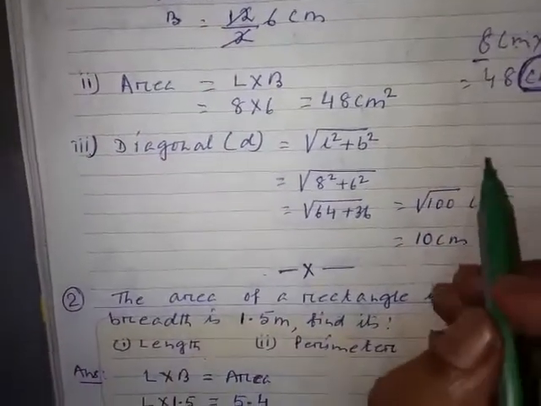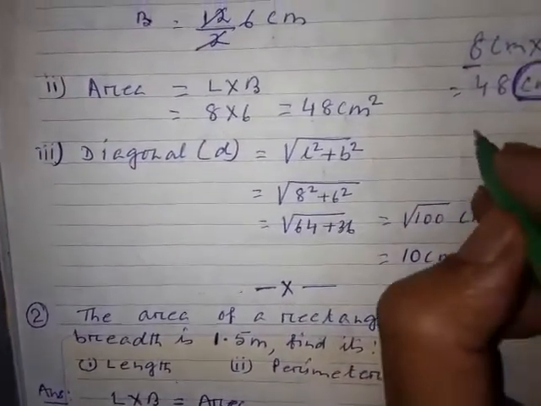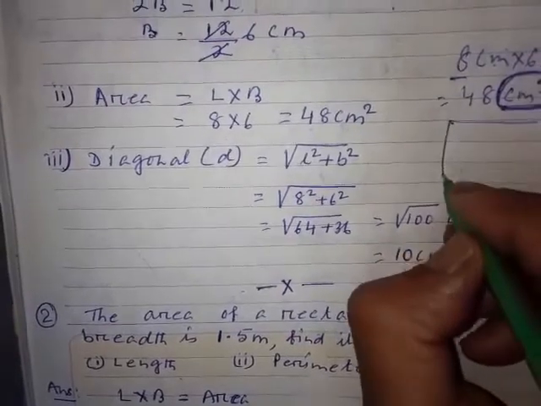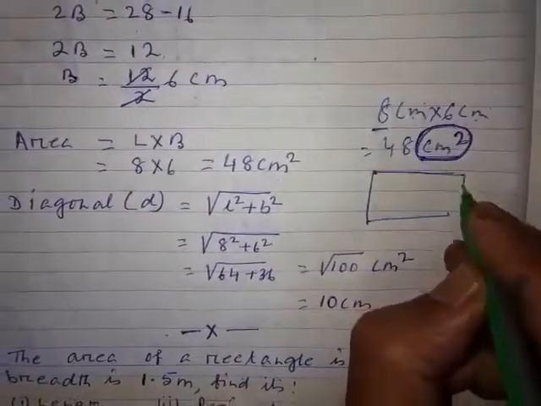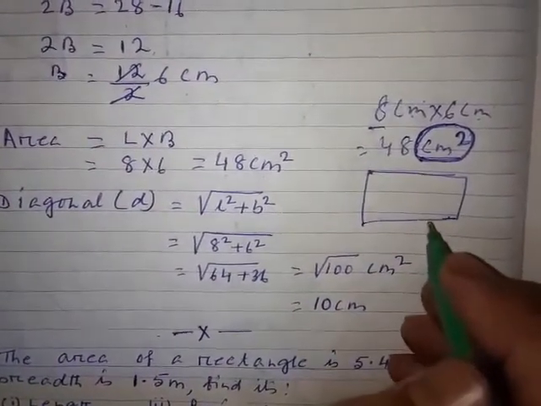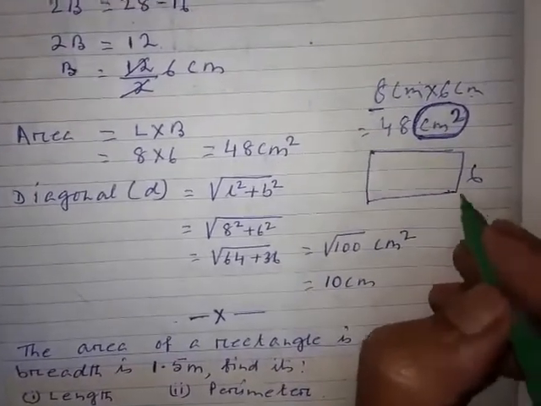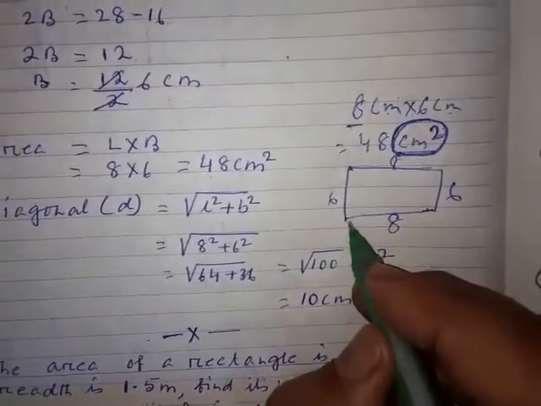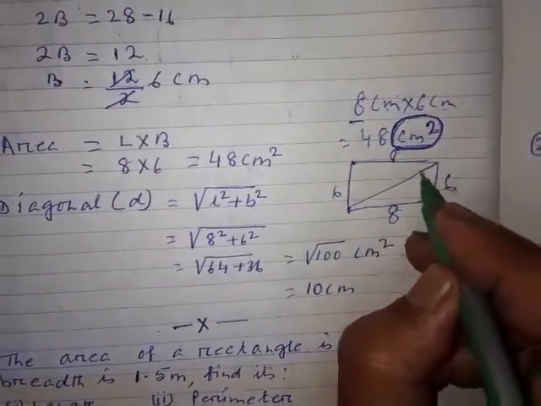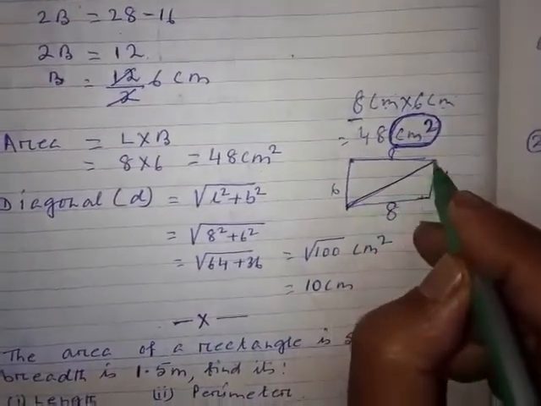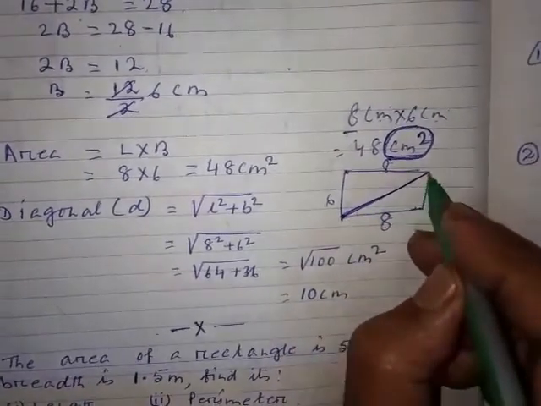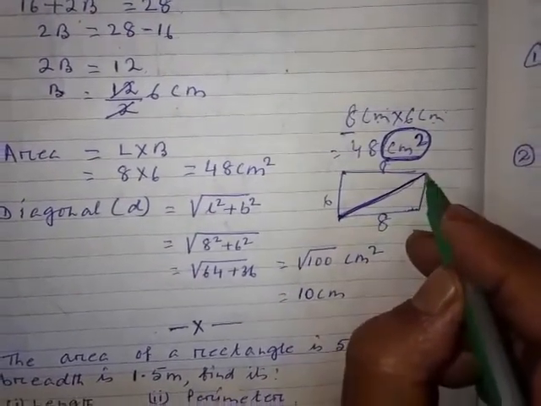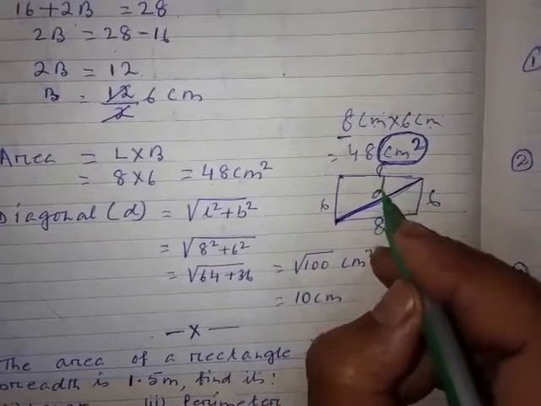Now I am going to find out the diagonal of the rectangle. This is the rectangle, all of us know. Just now I taught you. In this, two things are known to us. What is the breadth? 6 centimeter. What is the length? 8 centimeters. If this is 8, this is also 8, this is also 6. Now I am taking this diagonal. I told you what a diagonal is. When two opposite vertices are joined by a particular line, that line is called the diagonal. That means this is the diagonal.